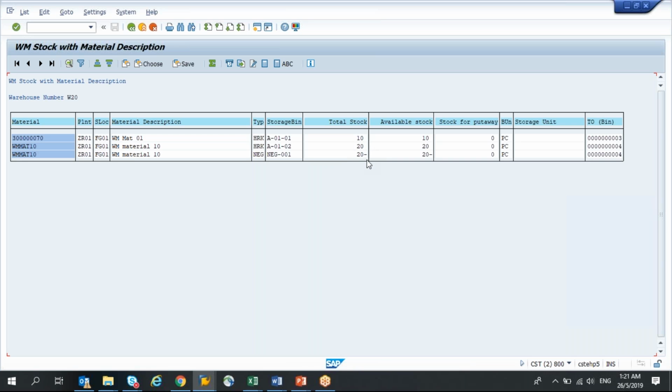How do we get the minus stock? I'll explain it to you. So this storage type I created just before this session so that I could show you that we can create negative stocks also in a storage type. But for that, the storage type has to allow it. So